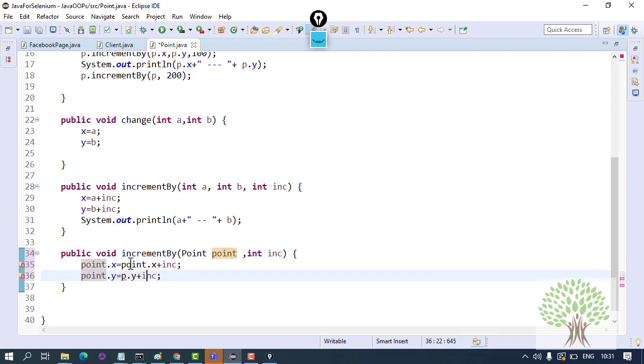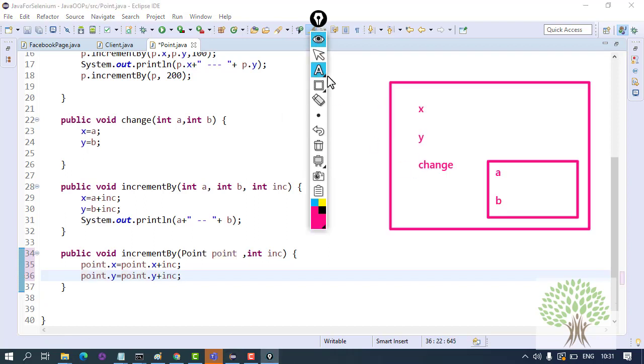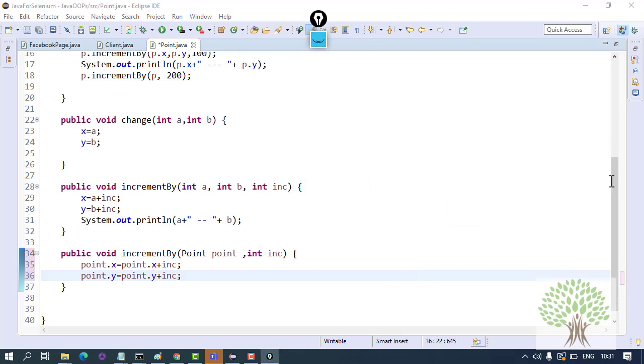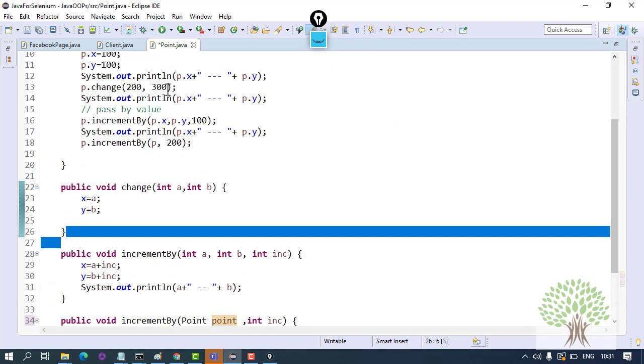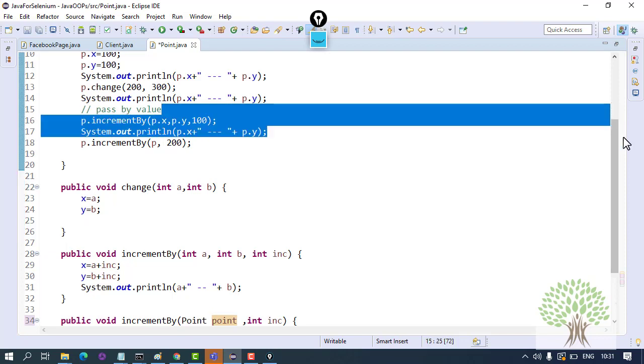Now when you do this in the memory, what happens is a reference P is already pointing towards this object. With this reference P, you had created this object over here in the very beginning.